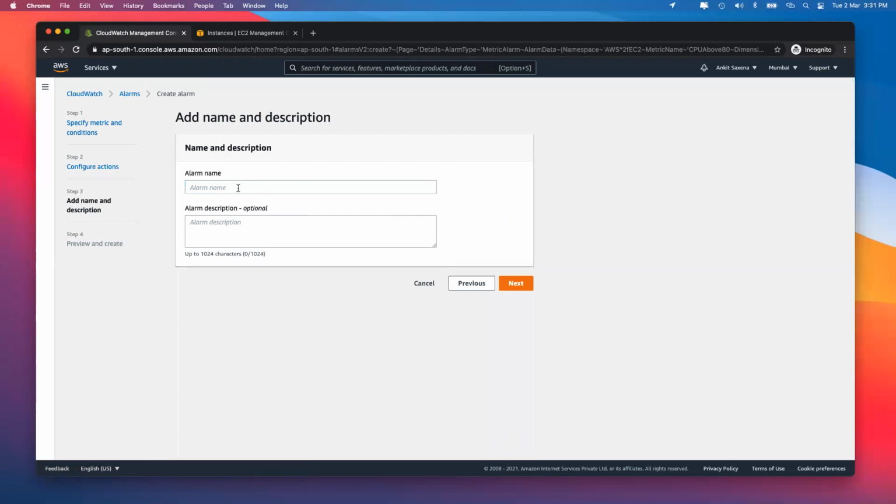and I will create the name of the alarm. So let's say the name of the alarm is alarm of CPU above 80. In this case, I have the alarm description. I'll say this alarm will be created when the CPU goes above 10%. So I'll just rename it to CPU 10. So this alarm will be created whenever the CPU goes above 10%, and I will get a notification.